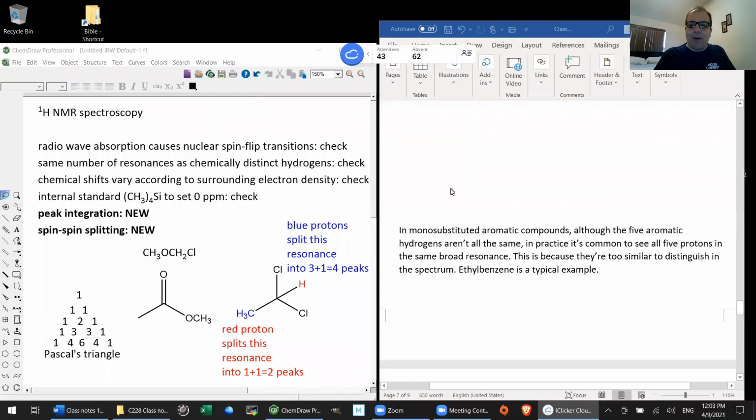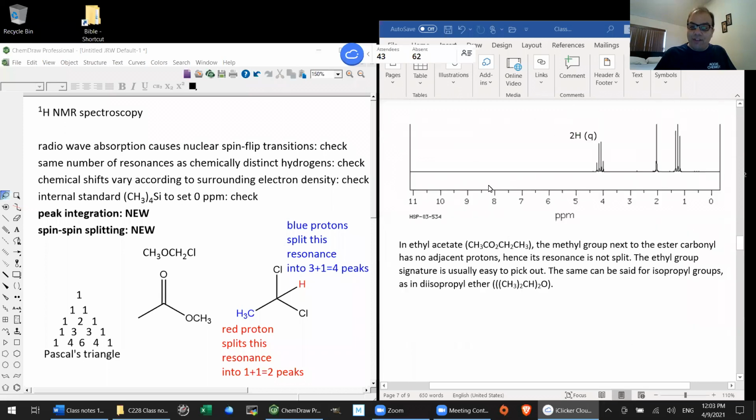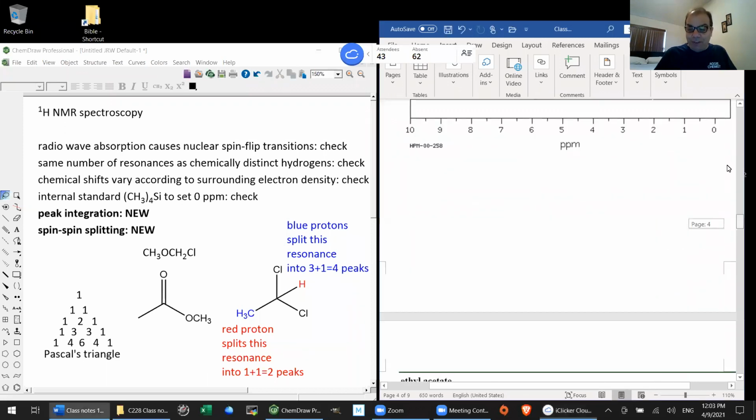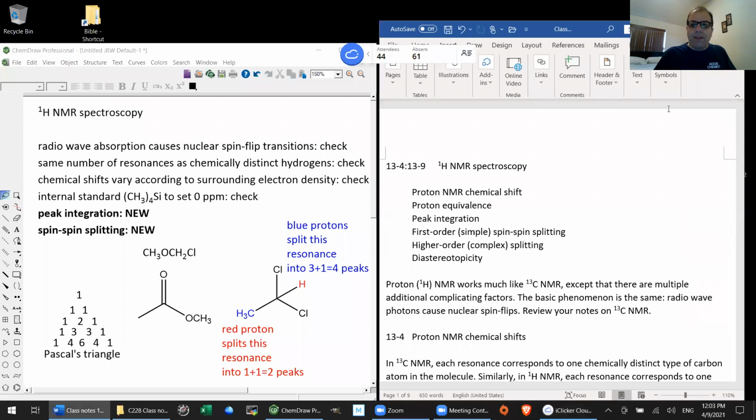Well, welcome back, everyone. Today we're going to start in on our last spectroscopy method, which is proton NMR. And we've already covered carbon-13 NMR. And good news, bad news. Good news is there's quite a lot that's very similar or even identical to carbon NMR. Bad news is there's a couple of things that are unique to proton NMR, and those things complicate the matter quite considerably,